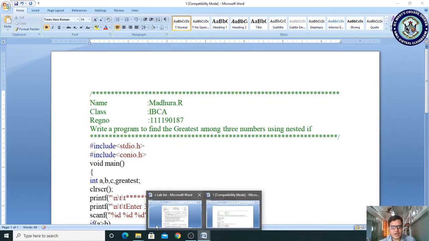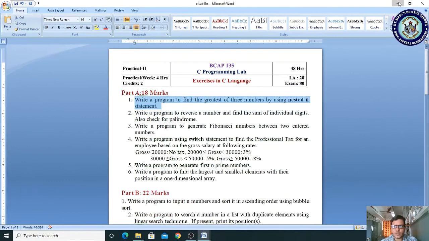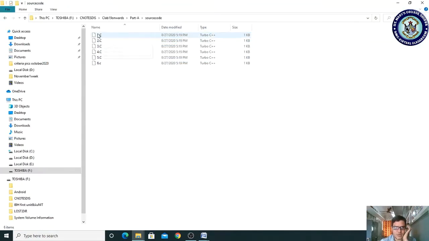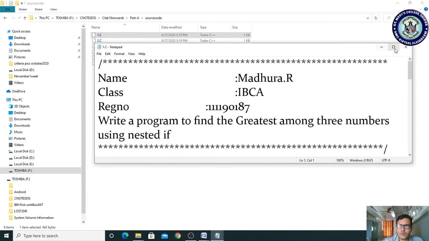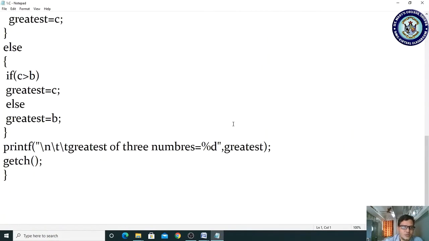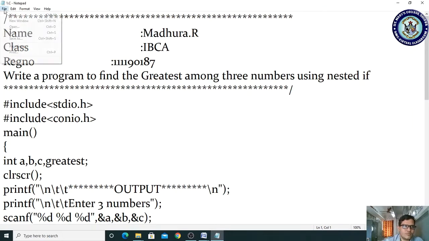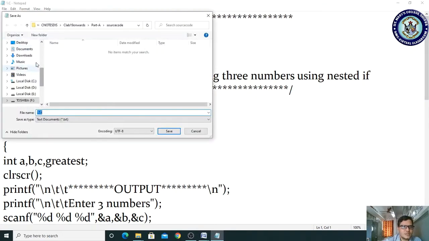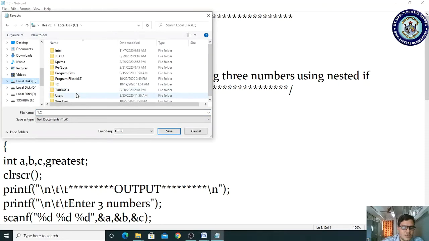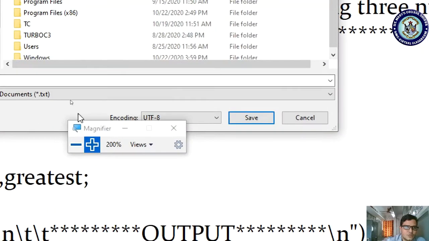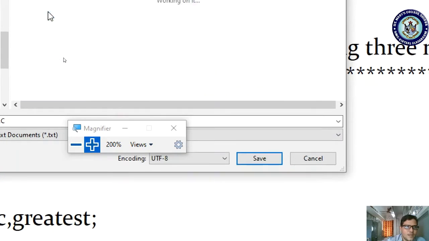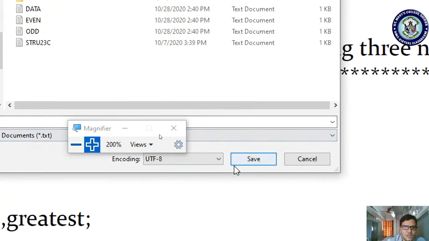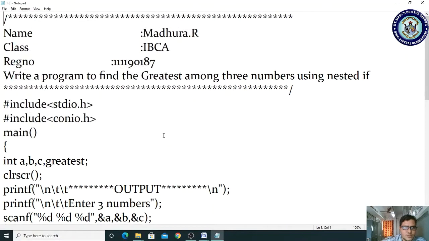Let us see the execution of this program. Already I have done my program. I am showing you the same program here. I am copying the file, save as in C drive. I am ensuring that I am storing it in Turbo C3, in bin, as 1.c and click save.